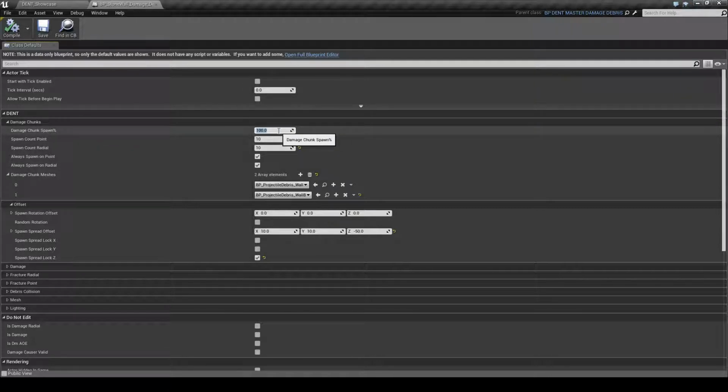Damaged chunk spawn percent. If we have 10 chunks that are spawned and we have 100% spawn rate, every single one of these 10 will pass and be created and spawn appropriately. If we drop this down to maybe 50 or 60%, each of the debris that spawned will randomly check if it can spawn. We have control for point and radial damage. Generally, point damage you would want to be lower than the radial, as the area of effect is much smaller. Now we have an override for the percentage for the always spawn point and always spawn radial. It's a bypass, so this will set it to automatically 100% for whichever one. Now I'll skip past damage chunk meshes just now,